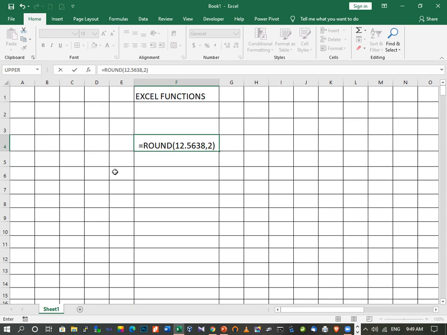So let's see what will be the output. Here you can see that after 6, this is 3, so our output should be 12.56. So here you can see that the output is 12.56.